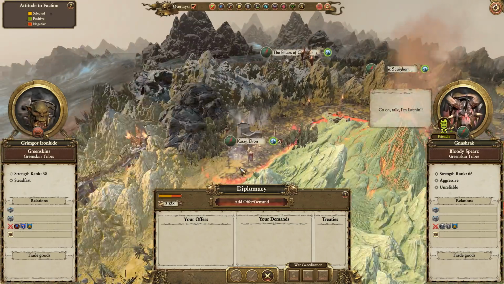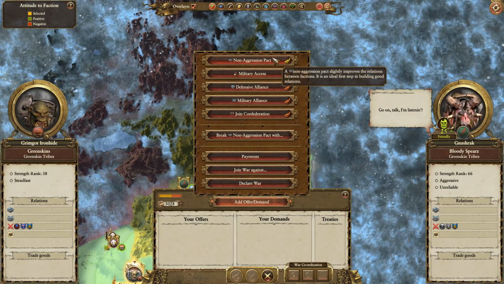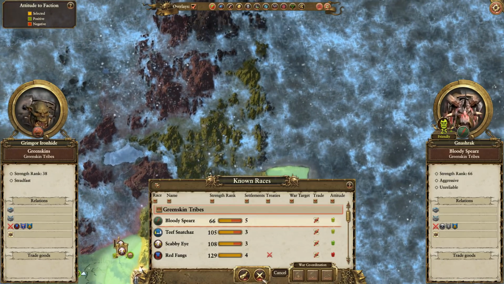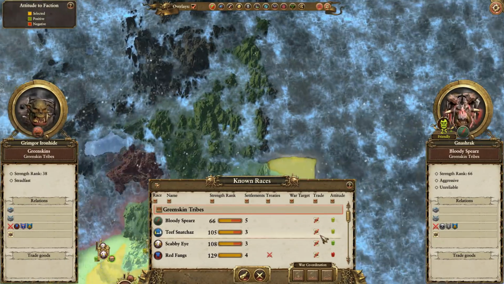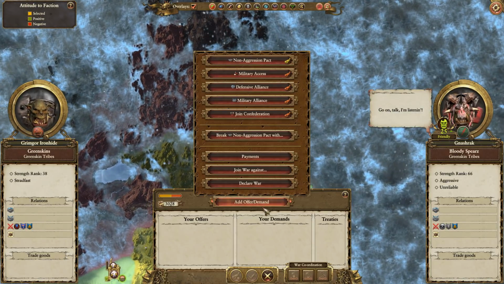Now, do we be friendly with these guys, or do we attack the dwarfs? The only thing is I won't be able to get to this region if we're friendly with them. Better to be friendly than...